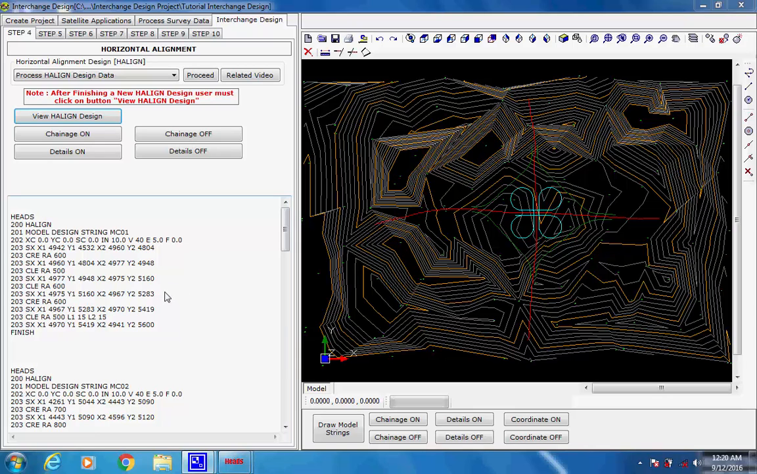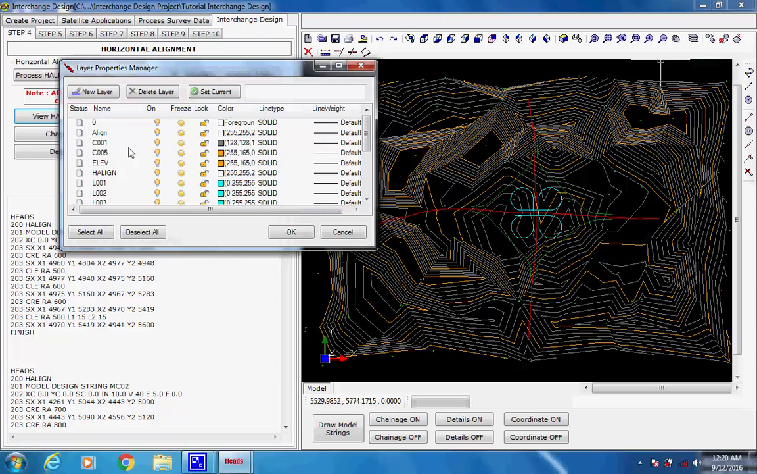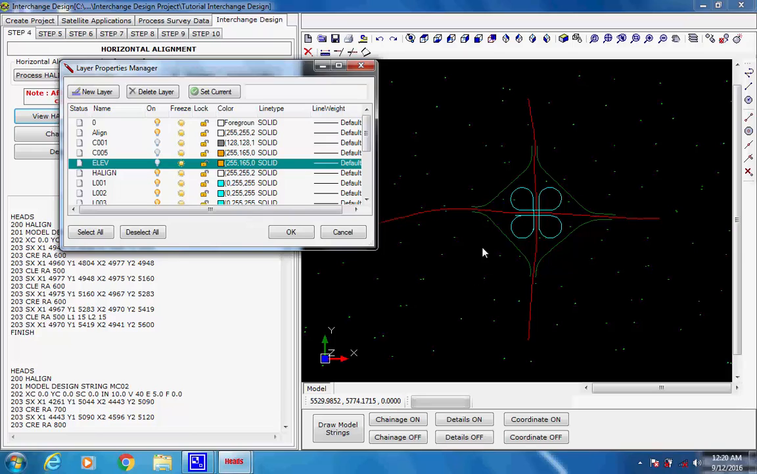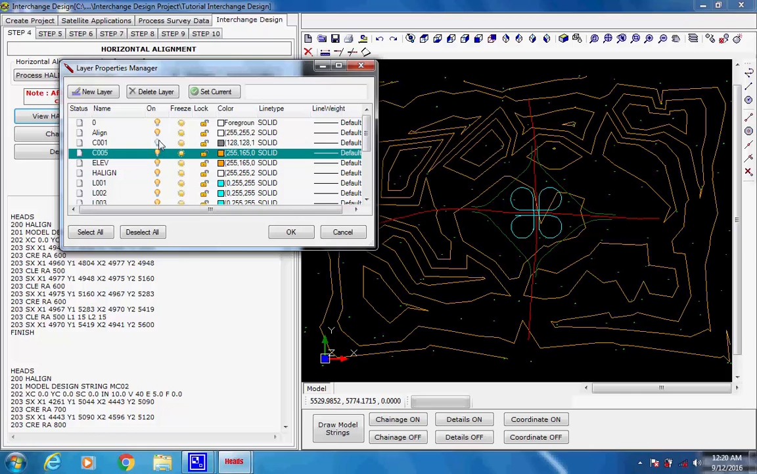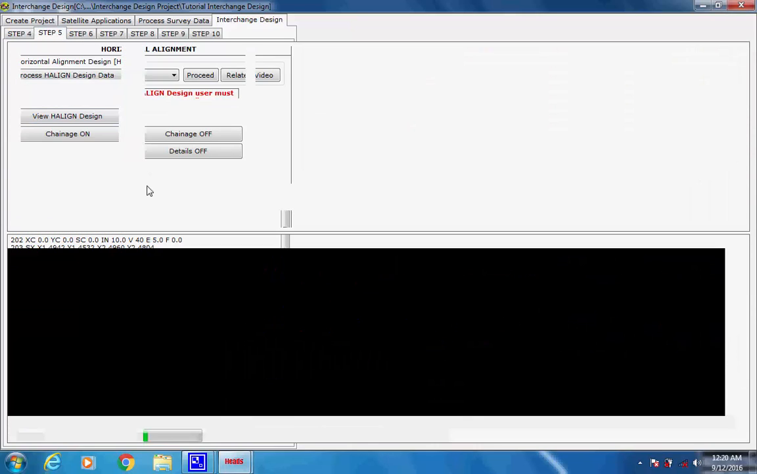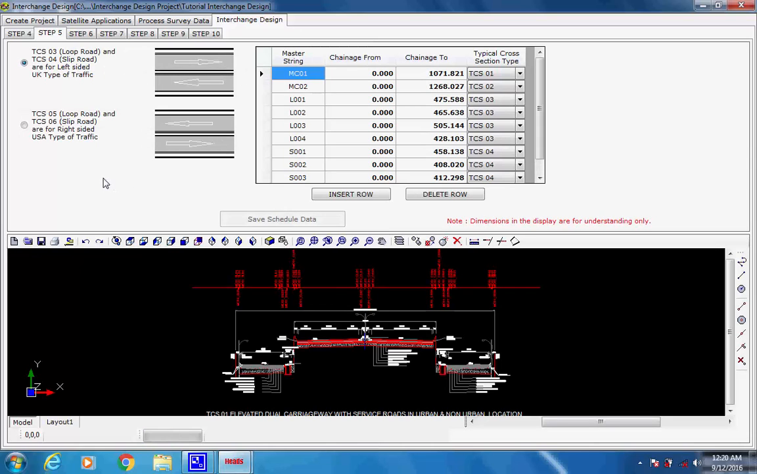Selection of cross sections for main intersecting highways, loops and slip roads. Next, select the tab Page 4 Step 5 for selecting and applying desired typical cross-section for the two main intersecting highways as typical cross-sections TCS01 for the elevated highway, TCS02 for the at-grade highway,